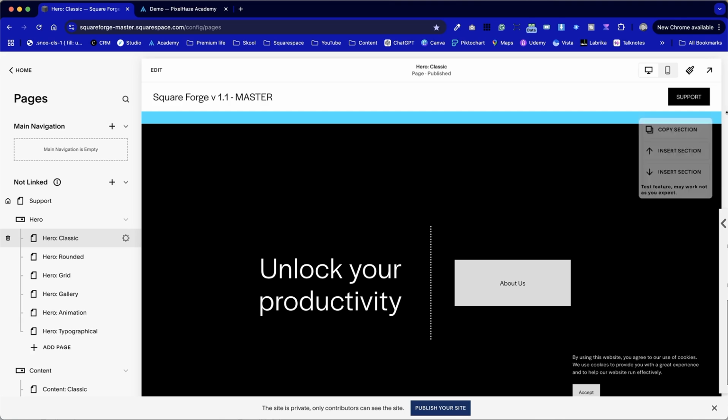With the Chrome extension activated, we can see the pull-out menu here. It says it's a test feature, and it may not work as you expect. That might scare the hell out of you. I can understand why it's put in as a disclaimer. Nothing has happened that's been terminal for me, and if in doubt, you could always add a test page to